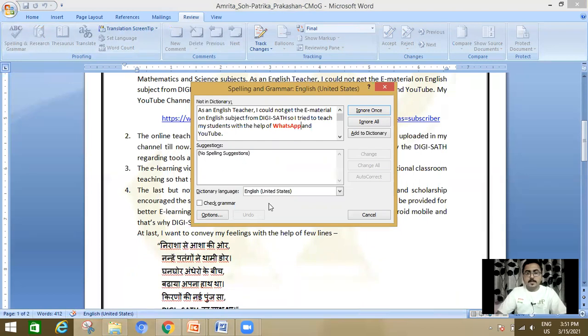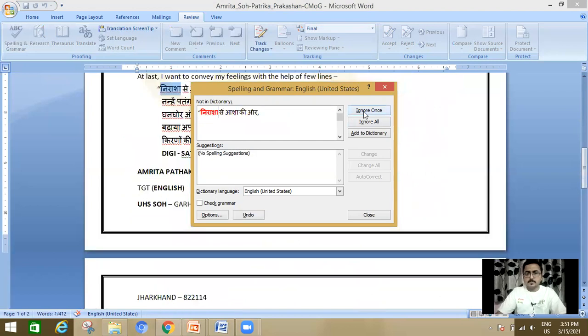For example, there is nothing like WhatsApp in the dictionary of MS Word. That's why they indicated that this word is misspelled. But related to that, no suggestion is given. So ignore once, because everything is okay.